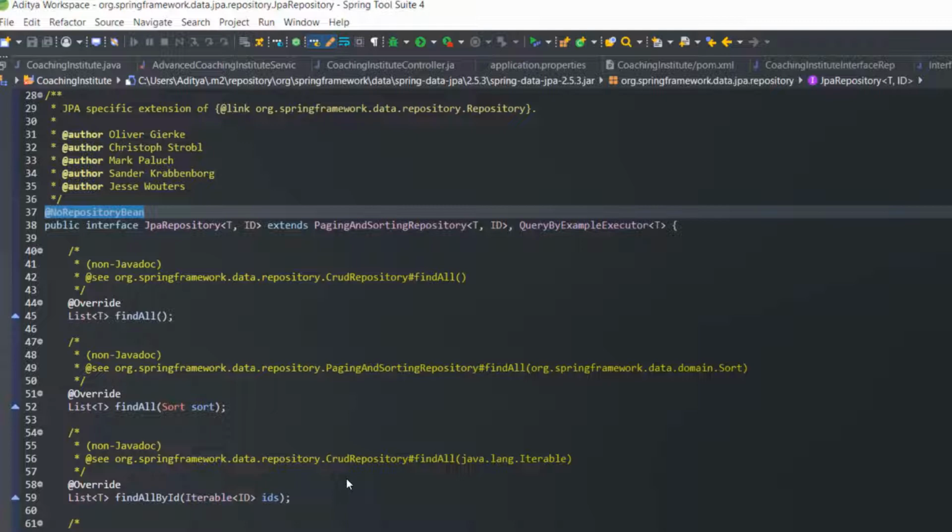A repository is a specialization of @Component, with some additional features, like it will help us handle data-related exceptions. That's where the @Repository annotation comes, and we are using @NoRepositoryBean because the common usage of this annotation is when providing an extended base interface for all repositories.